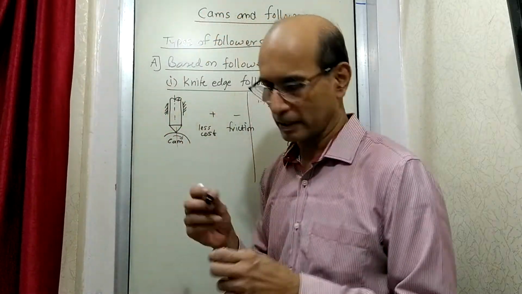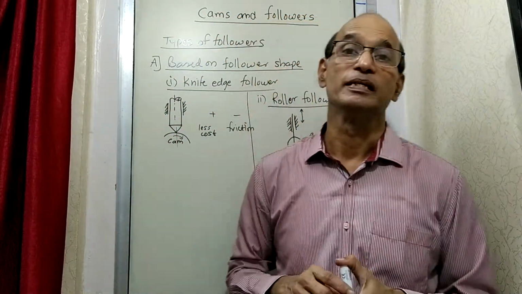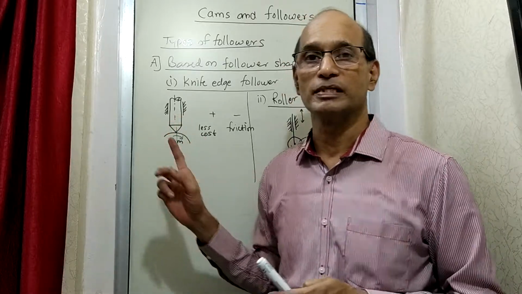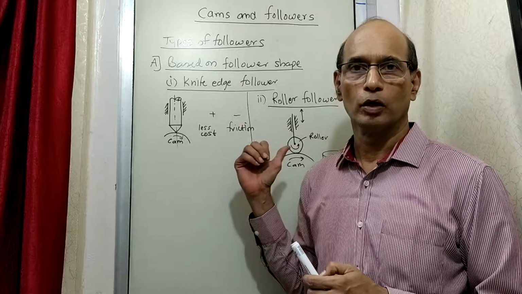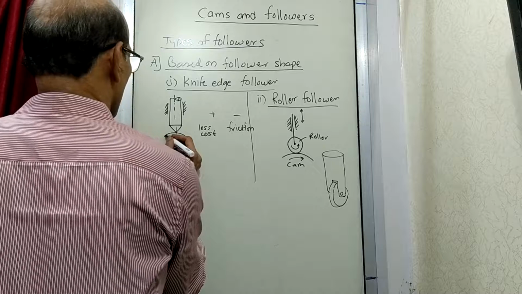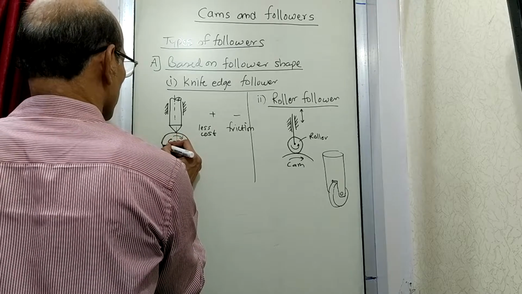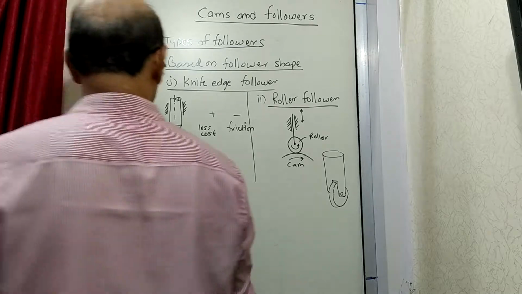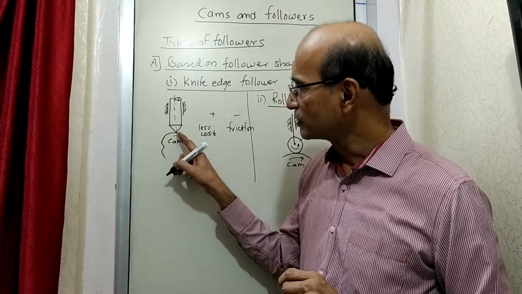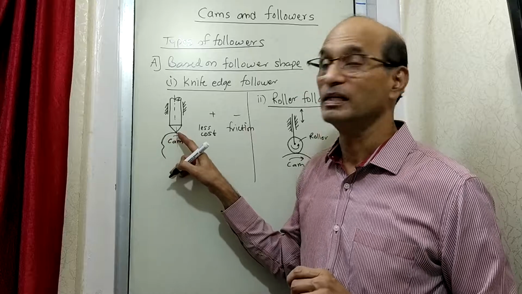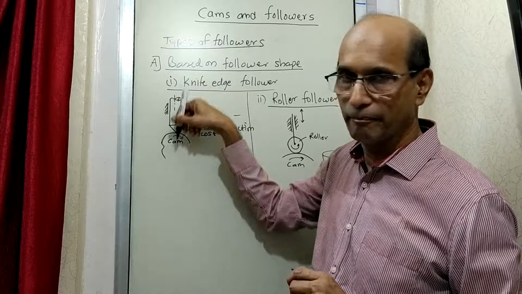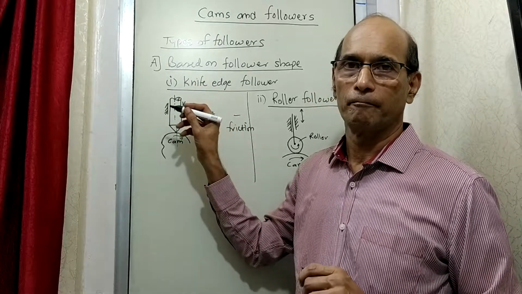There is one more plus point here. That point is sensitivity. Knife edge follower will be having more sensitivity compared to roller. What is the meaning of sensitivity is, suppose this cam surface has got certain shape like this. Certain shape like this is there. So as soon as this depression comes here, that small depression it can easily sense because there is a point contact. And then accordingly it can take a dip inside and move up.